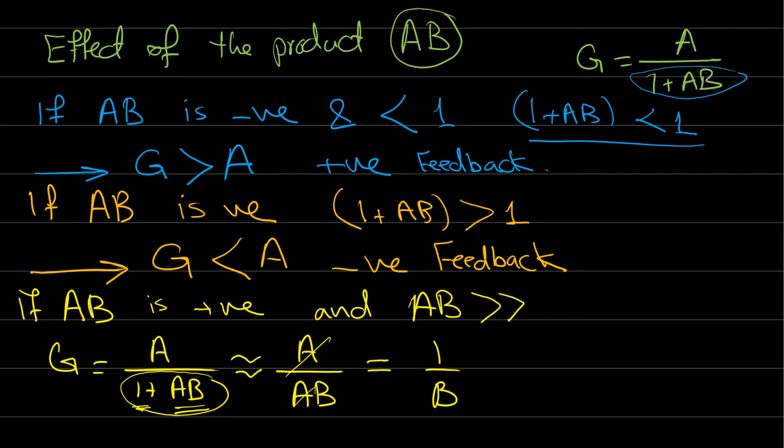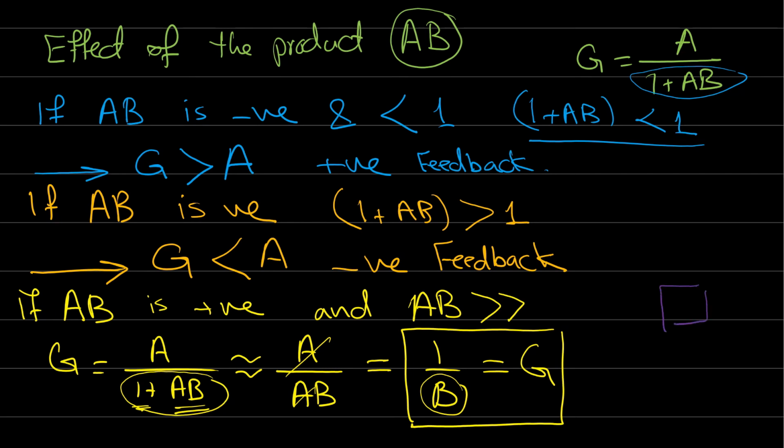Now, finally, the overall gain for the closed loop system depends largely on the feedback gain. So this is the conclusion now. This gain is independent of the gain of the forward path. So it doesn't matter what gain we have in the forward path, no problems. The most effective gain will be the feedback gain, this value.